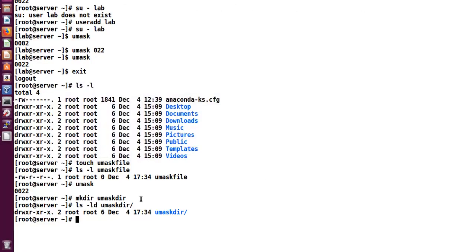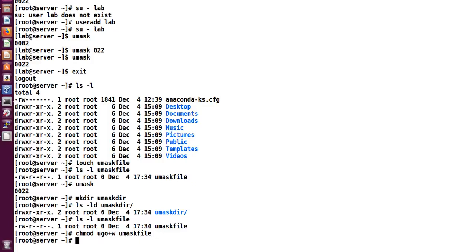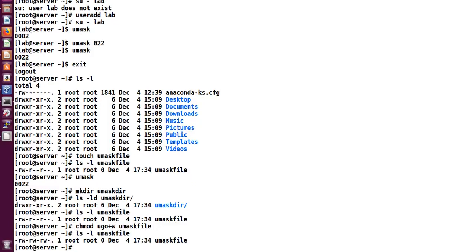And since we are talking about chmod as well, let me change the existing permissions of a file. Let me look at the umask file permissions first. It has 644. One way of changing the permissions is that I could simply use chmod and specify to whom I would like to change, maybe a user or a group and others as well, right? I would like to add write permissions to all these sections on this file called umask file. There we go, I have added write permissions, and if I want to remove a particular set of permissions from there, I could simply use the subtraction symbol. Maybe I would like to remove write permissions from others,